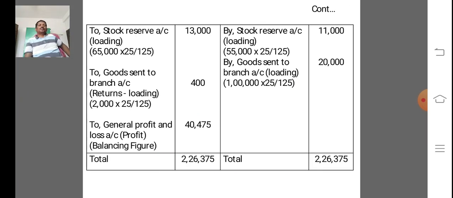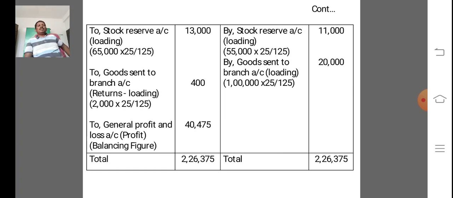Next, debit the stock reserve account, that is loading price, that is 65,000 into 25 divided by 125, that is 13,000, and debit the goods sent to branch account, that is returns minus loading, so 2,000 into 25 divided by 125, 400, credit by stock reserve account,